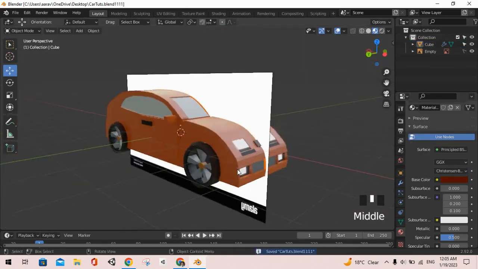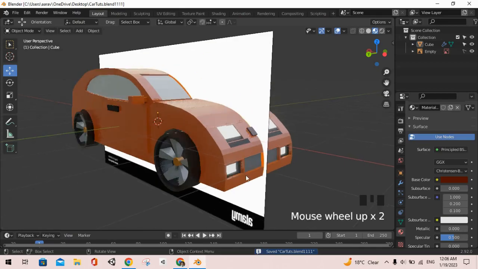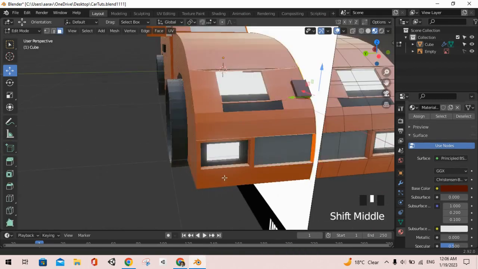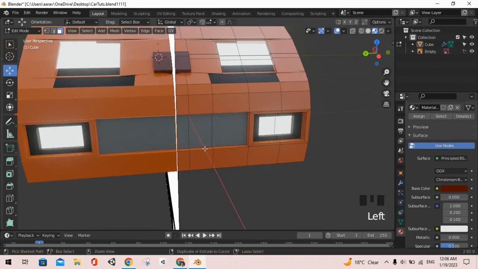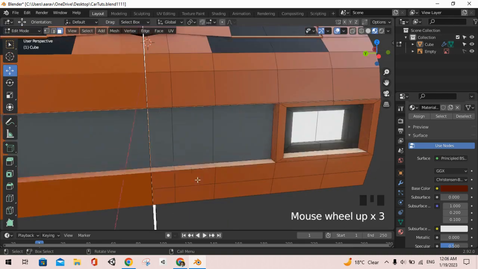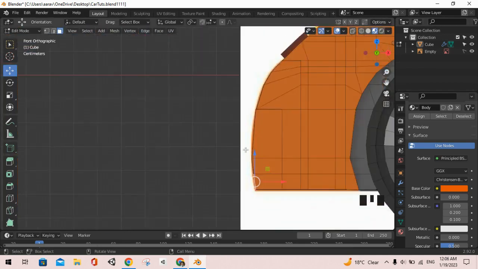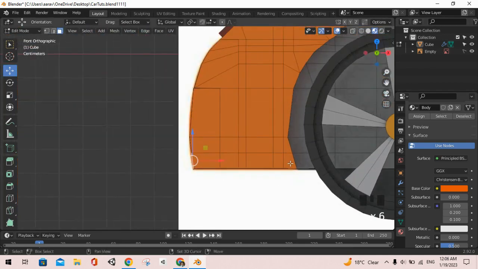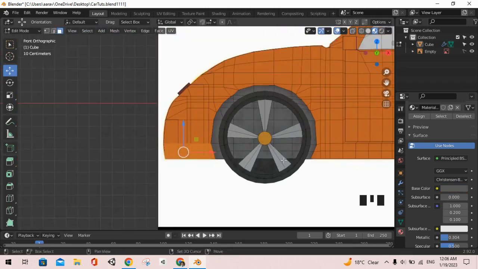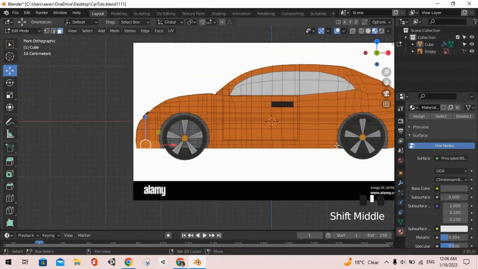Okay. The next thing that I really want to add right now is like a bottom. I don't know what to call it. Let's just add it. So I'll add another loop cut here. I'm adding way too many loop cuts. Okay. Now we can select these faces. We can go to this view, or we can press 1 to go to this view, and I will select these faces, not this one. Then all these faces,